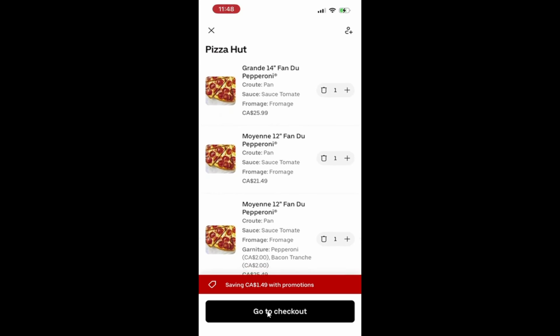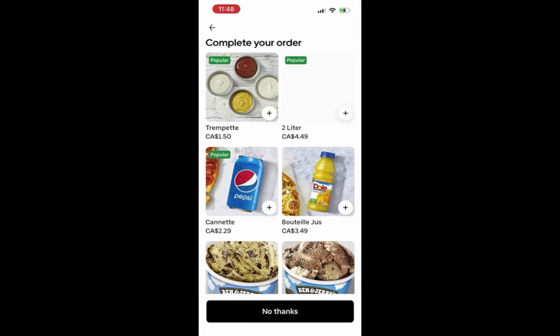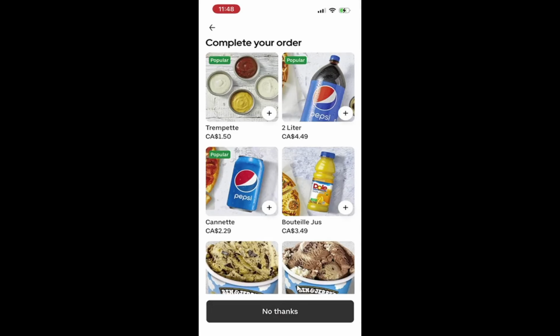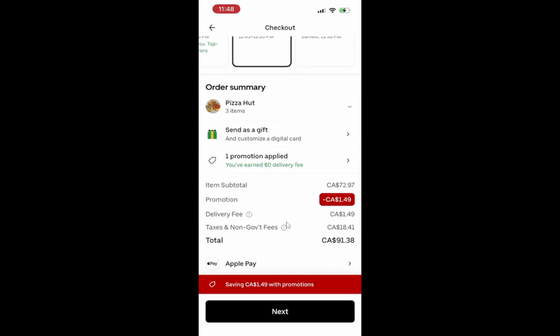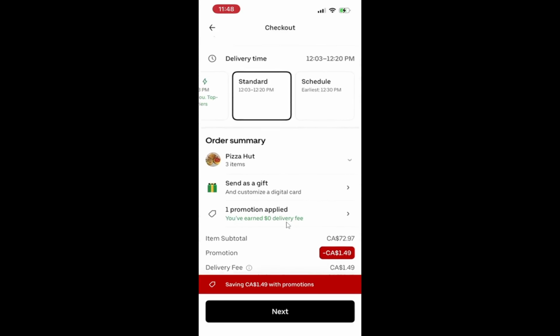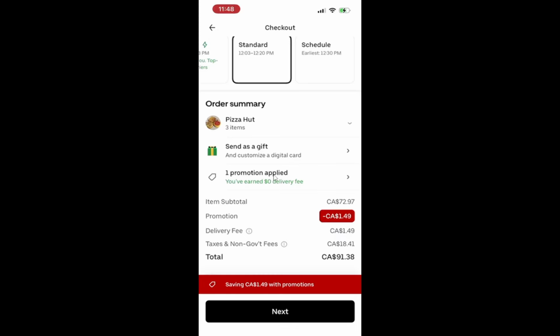Here you should see the pizza name, size, and toppings, your delivery location, all fees and taxes, and the card or payment option that will be charged. If something looks wrong, this is the best place to notice it because nothing has been sent to the restaurant yet. Add a promo or coupon if you have one.